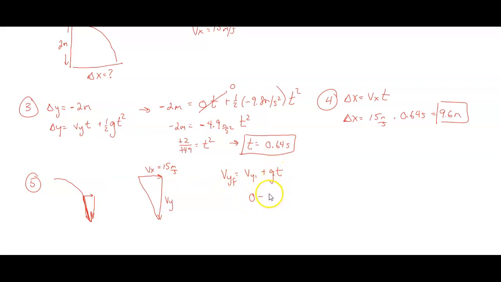The acceleration is the acceleration due to gravity, so minus 9.8 meters per second squared, and it's in the air for 0.64 seconds. That will be equal to our final velocity in the y direction, which should be just about negative 6.3 meters per second. So it's going horizontally 15, and when it's approaching the ground, it's going 6.3 meters per second in the downward direction. I'm not going to worry about that negative sign right now,